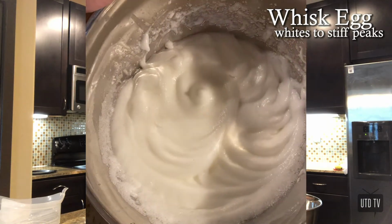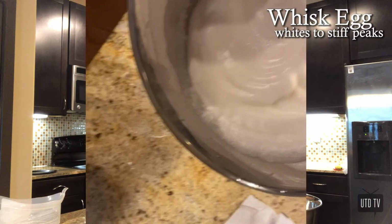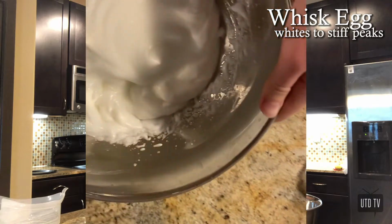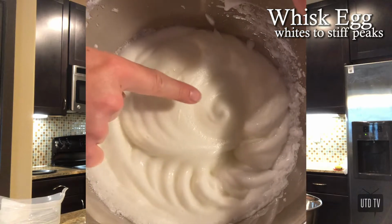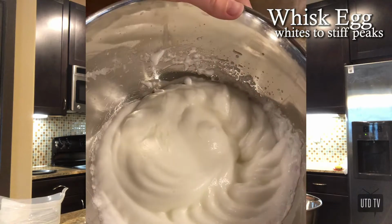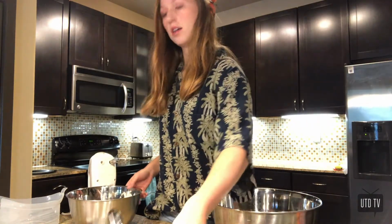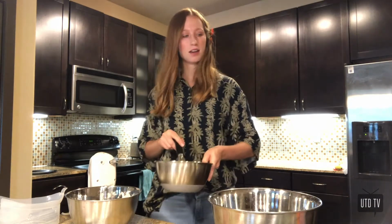Okay, your egg whites are going to be ready when you tilt the bowl and they're barely moving and they're all sliding together. And you see those little stiff peaks in there. So they're ready. Okay, now that our egg whites are in their fluffy peaks, we're going to add...